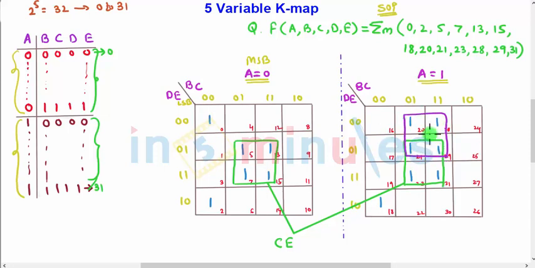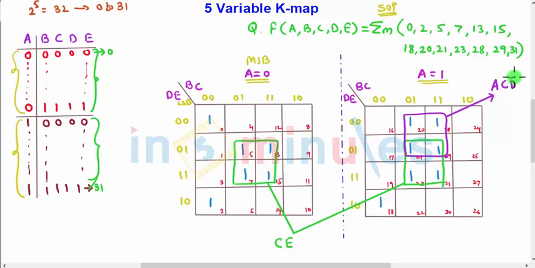So this group is only present in the section where A is equal to 1. So what you can do here is, first of all you need to place A, because A is equal to 1, and go straight upwards. You will find the bits common for C, and go leftwards, you will find the bits common for D, where D is equal to 0, so it will be D bar. So it will be A, C, D bar.